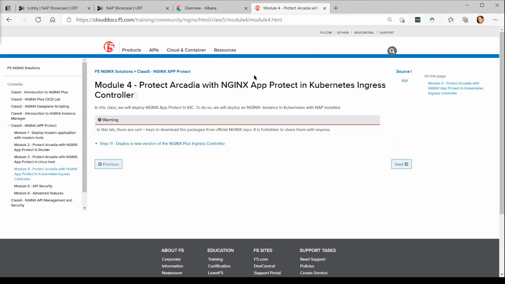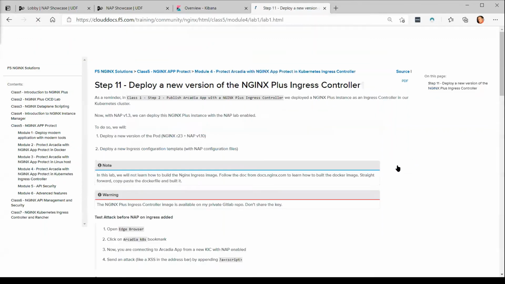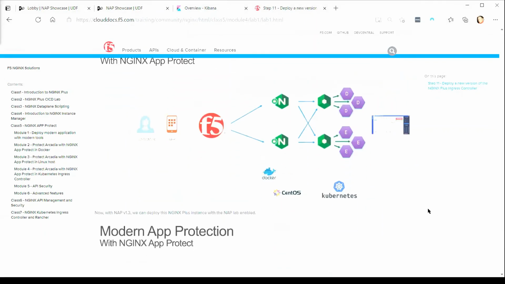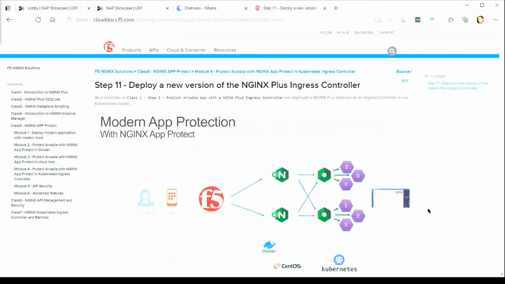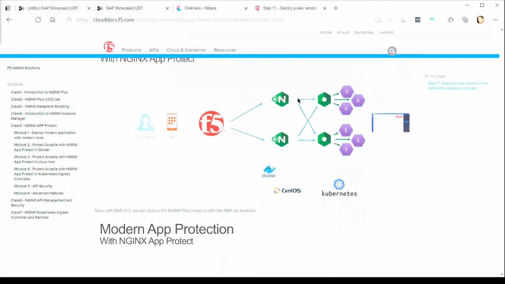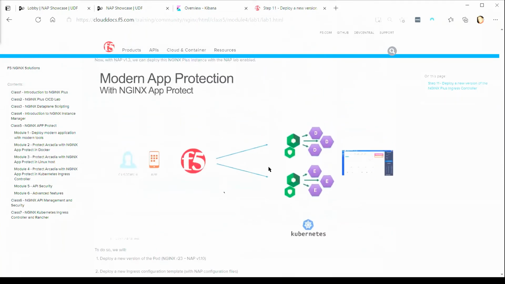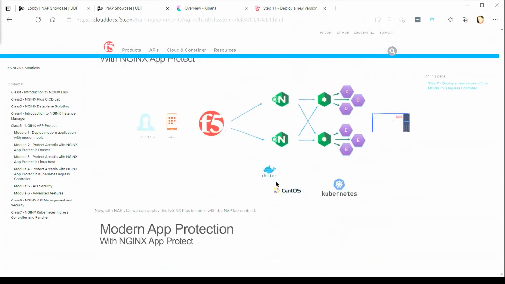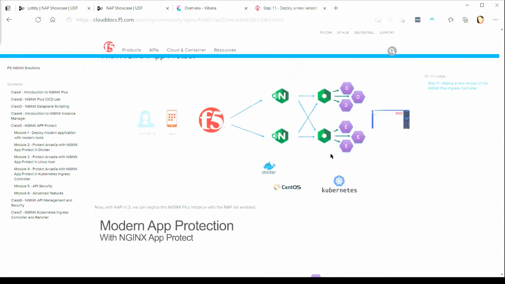So let's go ahead and run through that. What we're going to do now is move the protection tier here into the ingress controllers themselves. So it'll look like this instead. We're essentially eliminating the tier in front of it and putting it directly onto the ingress controller.